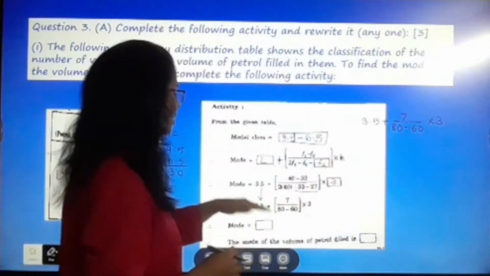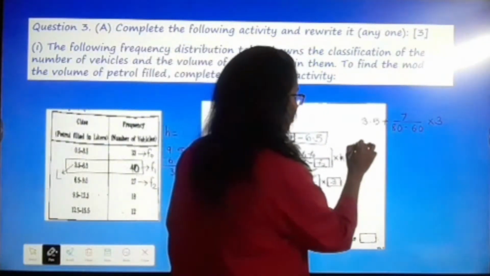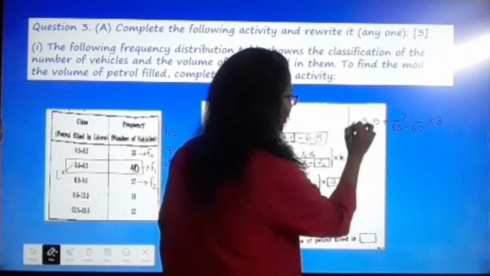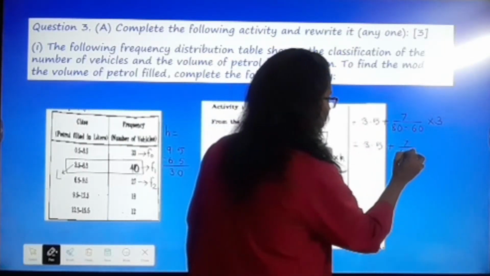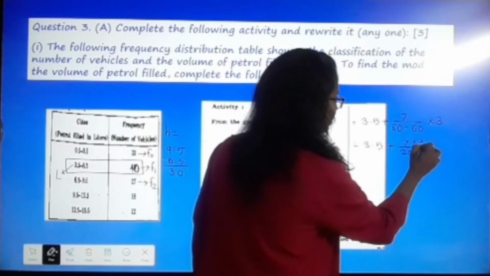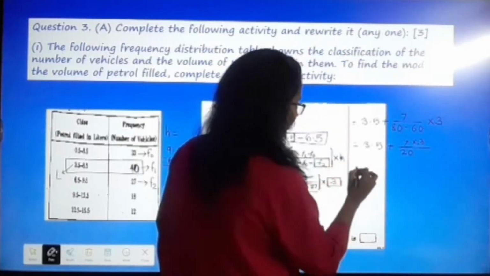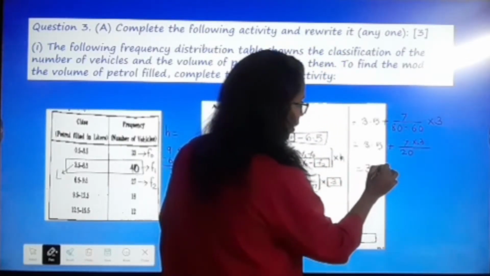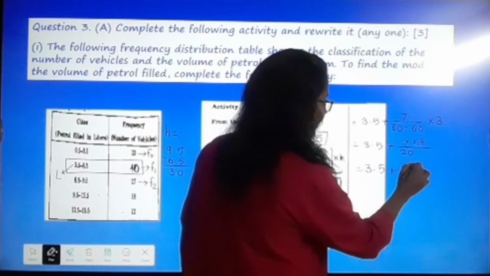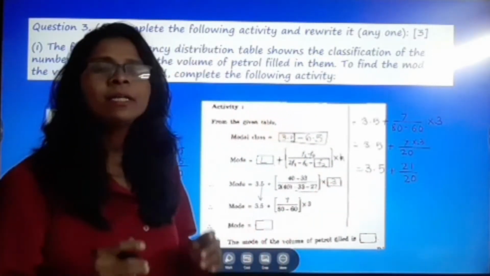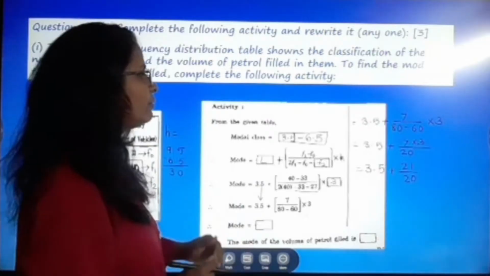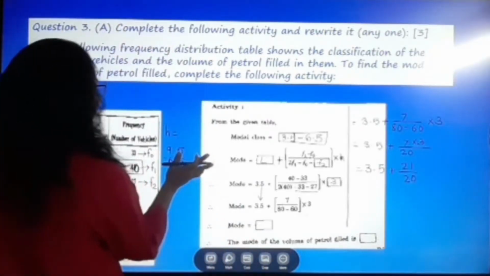So here students, the next step will be 3.5 plus 7 upon 20, and here 7 multiply 3 upon 20. So here 3.5 plus 21 upon 20. Okay students, then 21 upon 20. What will be the fraction of this? So I do here